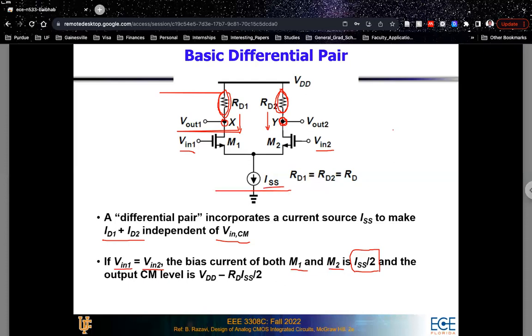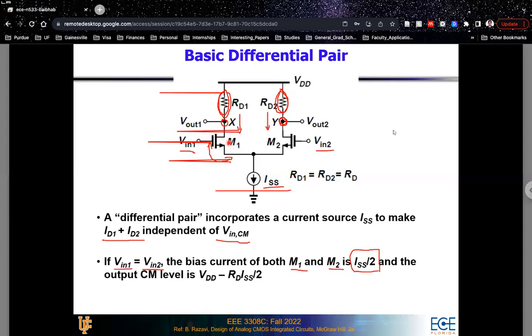Because as you are changing the gate voltage at Vin1 or Vin2, what will happen is that the current through the device is a function of the gate to source voltage, right? It's not only a function of the gate voltage. You know that the current through an NMOS device is equal to K over 2 times (VGS minus VT) whole